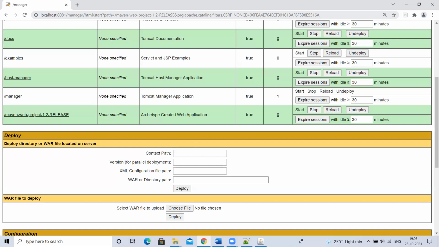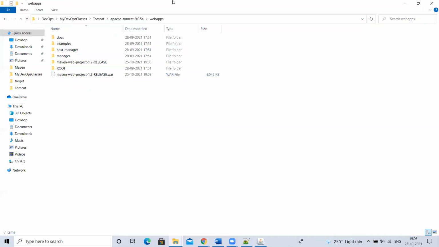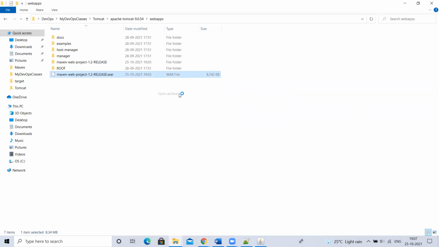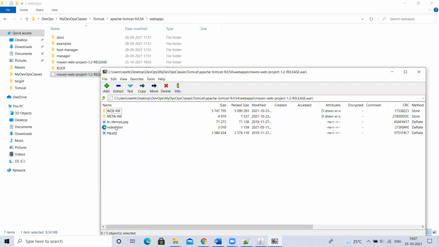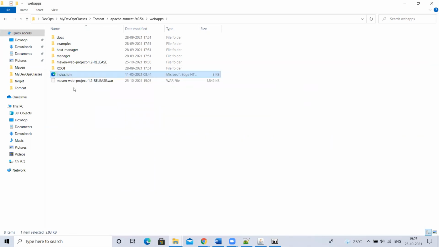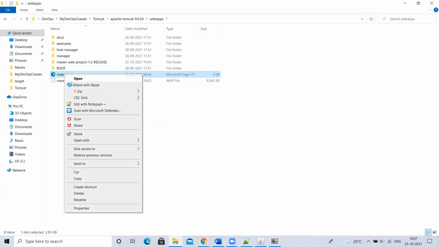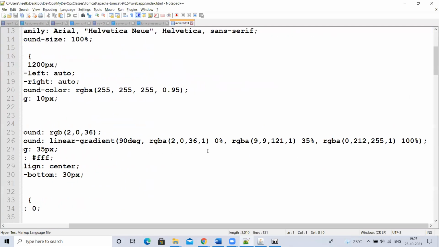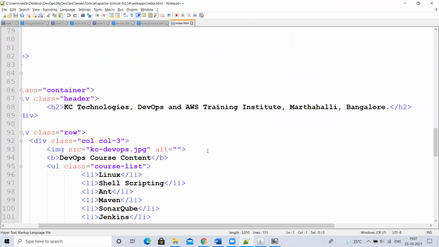Yesterday, if you remember, in the webapps directory, I opened this WAR file, opened the archive. I went here and changed something in the HTML. It will open here and I'll just copy it. So I took that HTML, whichever is there in the WAR file, and took a copy of that. Something I'm going to modify here. Okay, let me do some change here.